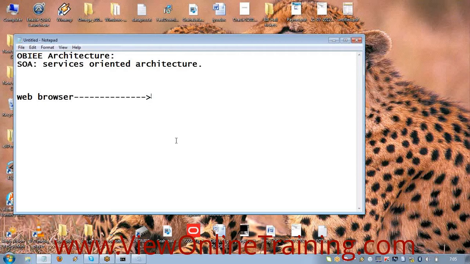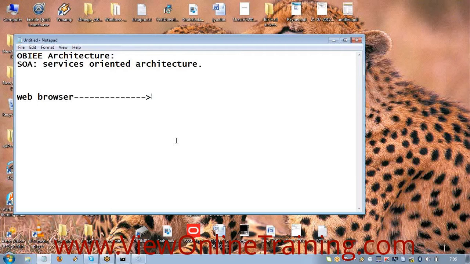Whatever data it gets from the server, it will display on the front end. A web browser is an application software that will help us to connect to the internet. Without a browser, I cannot connect to the internet, right?